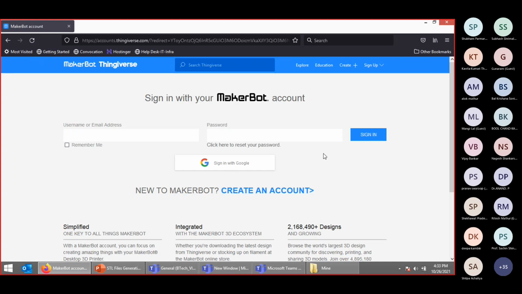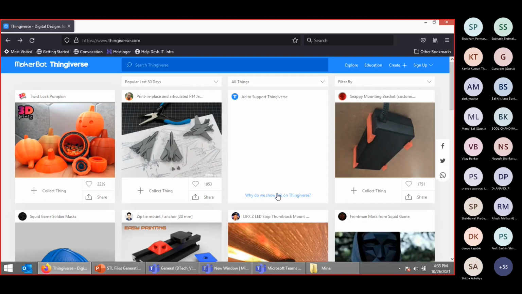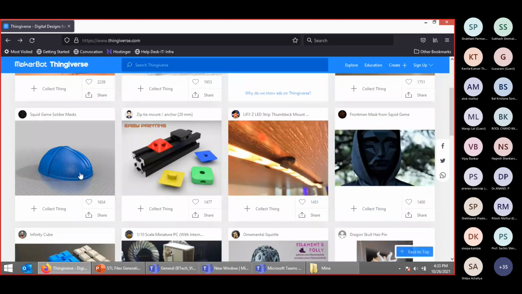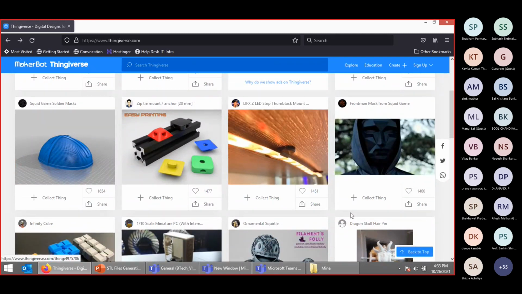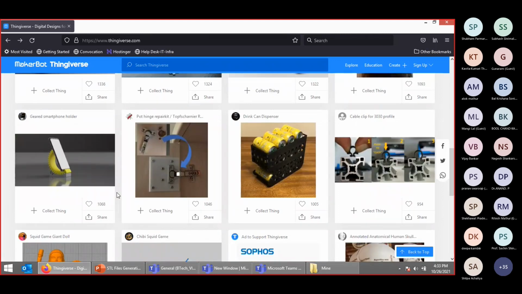Oh, it's asking for sign in. Okay, these shapes, see, these shapes you can draw. Okay, so for 3D printing, these also you can get.